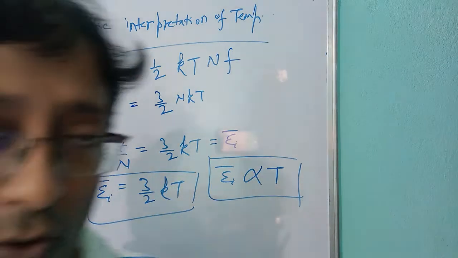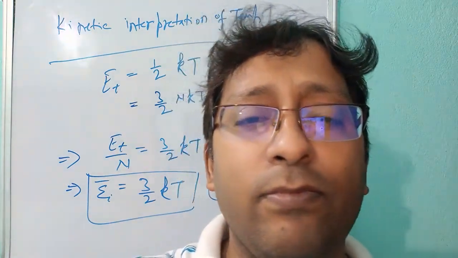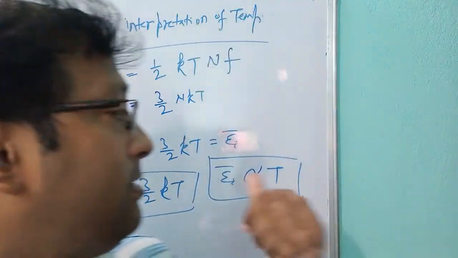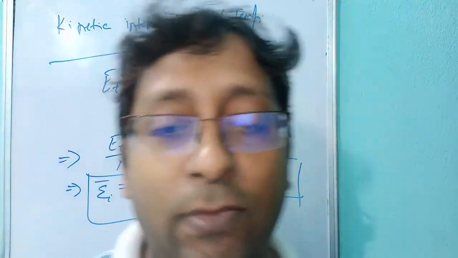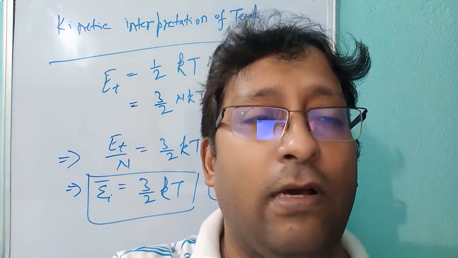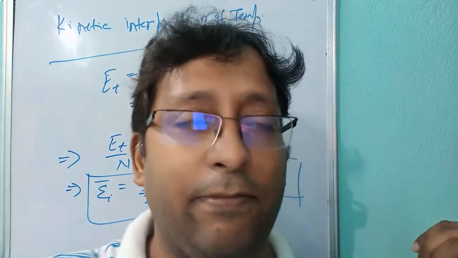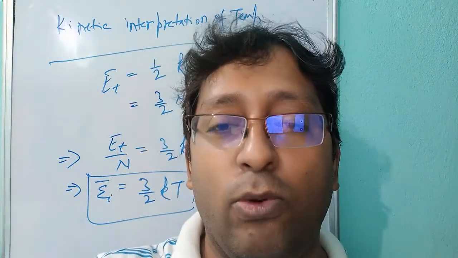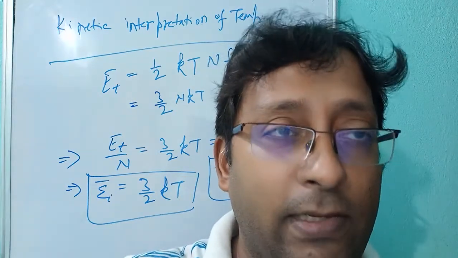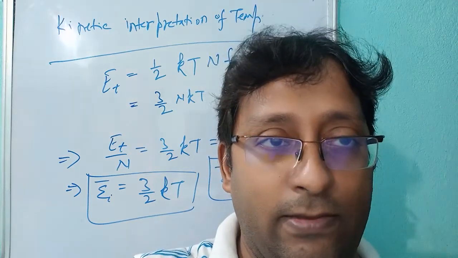Okay. So here, if anyone is asking to write the physical interpretation, what will you write? You can say that this is the average kinetic energy of translation per molecule of an ideal monoatomic gas, because here I have taken a monoatomic gas. So for a monoatomic gas of a given mass m, it is directly proportional to the absolute temperature of the gas.